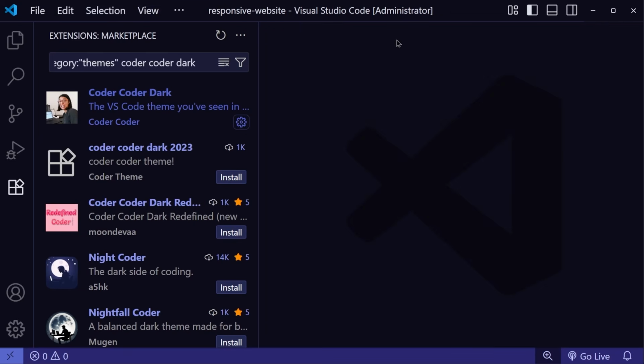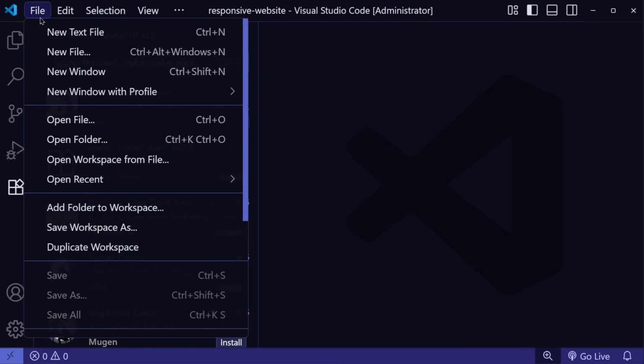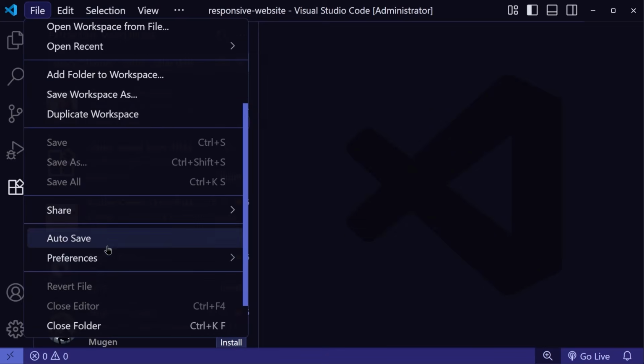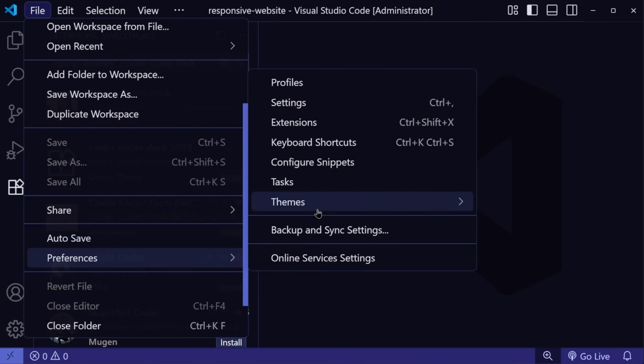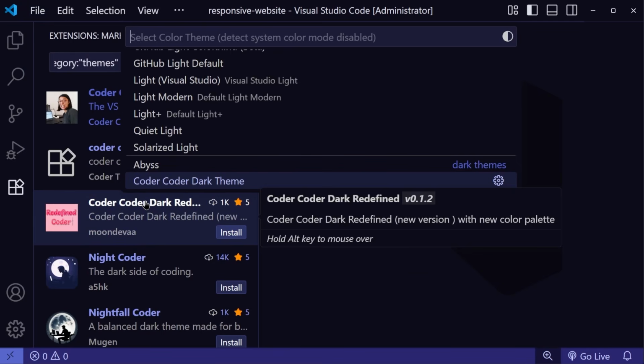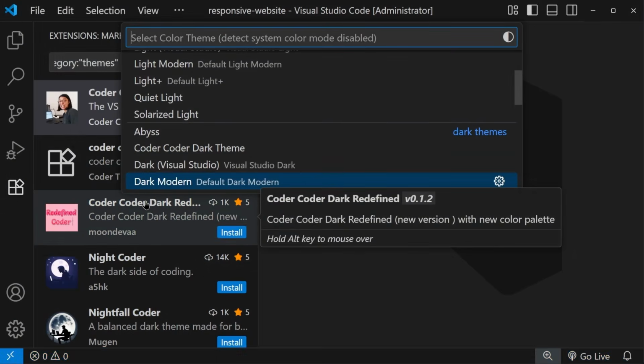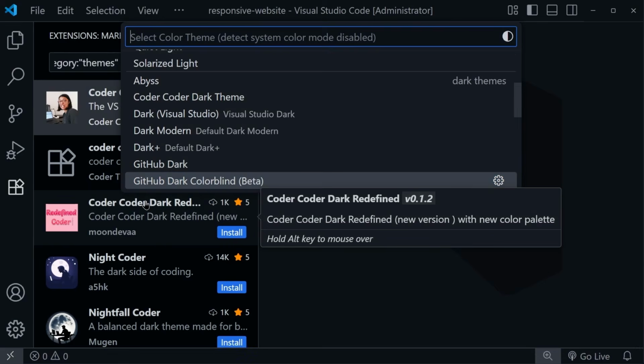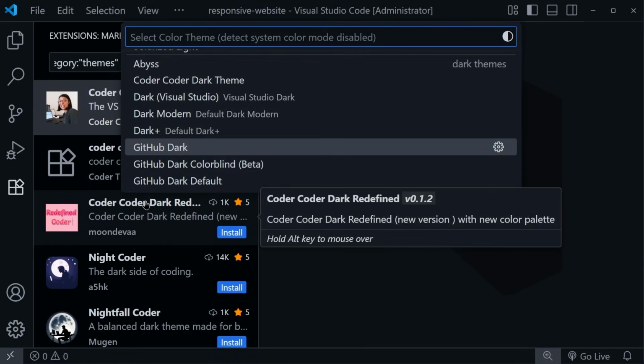Now, if you want to change the current theme from the themes that you have installed, what you can do is go to File, or Code if you're on a Mac, go down to Preferences, then go to Themes and select Color Theme. And then there's going to be a pop-up menu showing all the themes that you currently have installed. And you can use your arrow keys to navigate through all of them